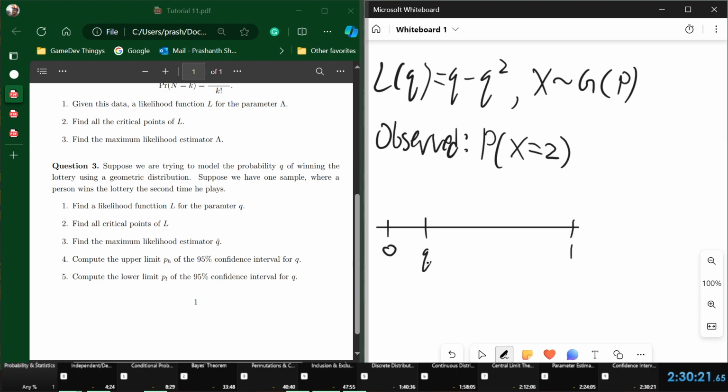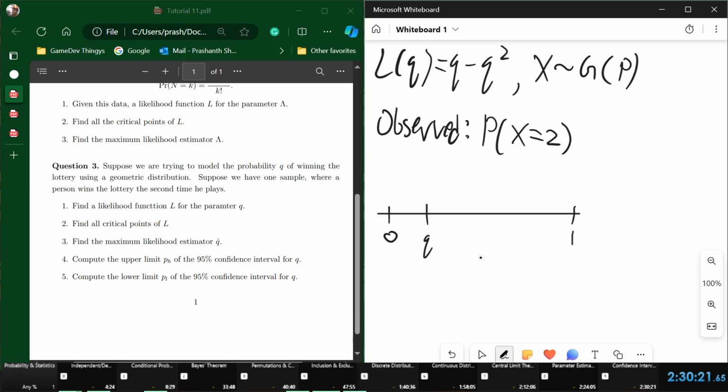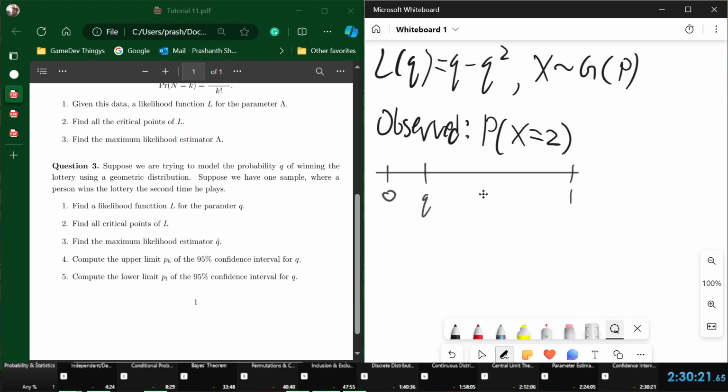Find the upper limit of the 95% confidence interval for Q. If the probability, I'm trying to find P or Q. God damn it, I'm trying to find Q. Find the upper limit that, oh wait a minute, does that make sense? P, no, Q, god damn it, this Q,